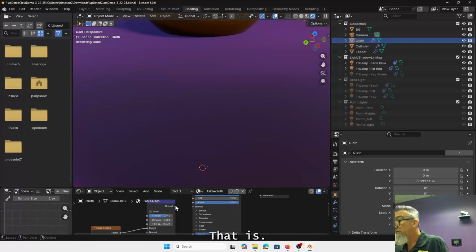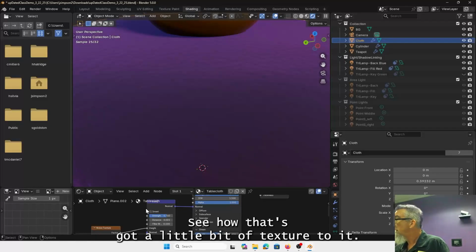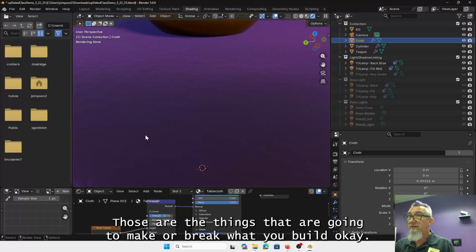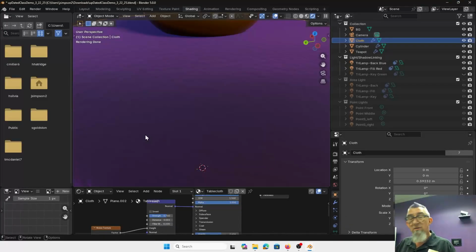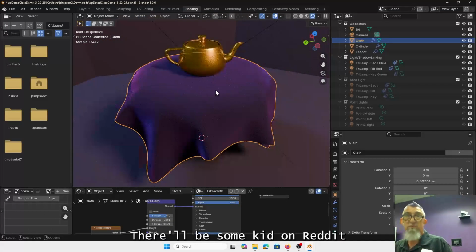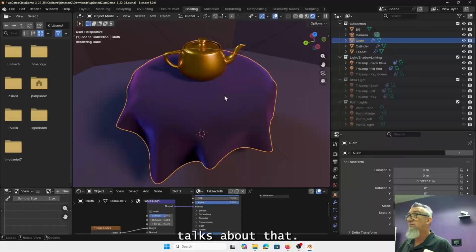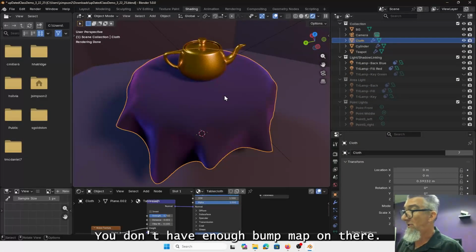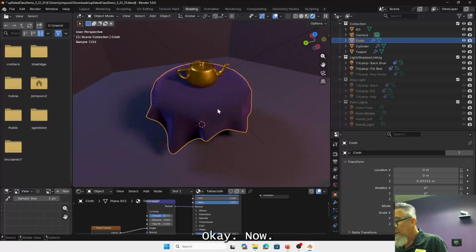See how smooth that is? See how that's got a little bit of texture to it? Those are the things that are going to make or break what you build. Okay? There'll be some kid on Reddit who talks about that: you don't have enough bump map on there. Okay. Now,